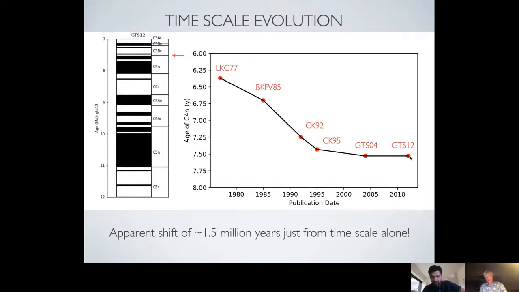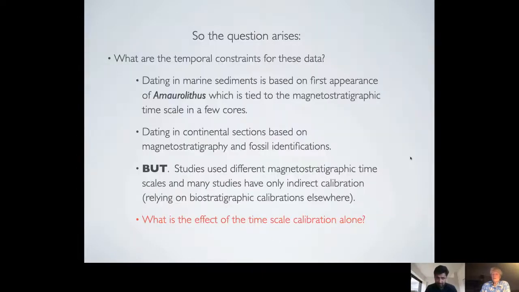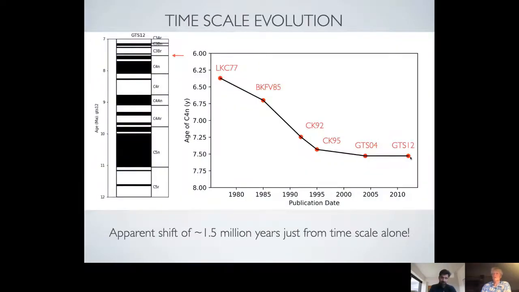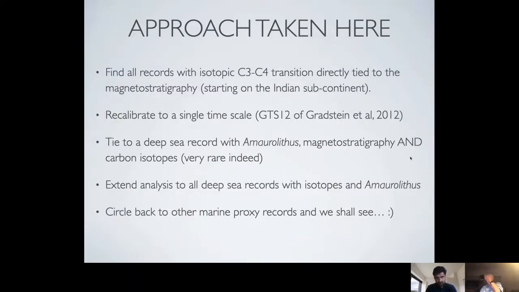Just from the timescale. It has nothing to do with the age, it's just the timescale calibration itself. So that's not good. That means that a lot of this interpreted synchronicity or asynchronicity could be just from different timescale calibrations. So we have to go back to the original data and directly tie the magnetostratigraphy